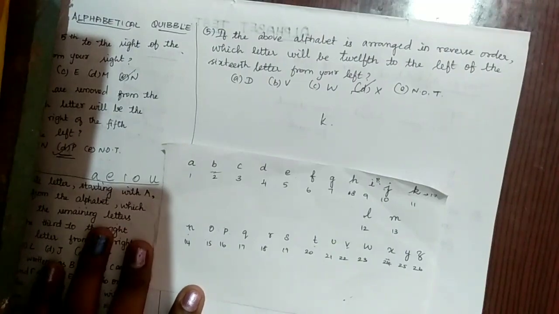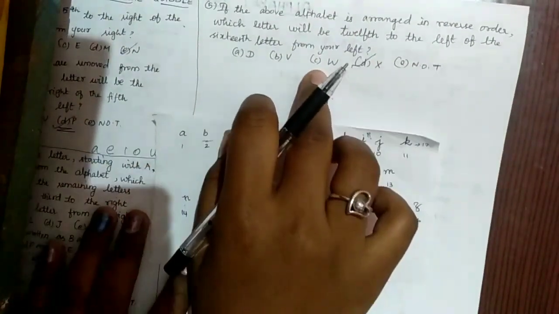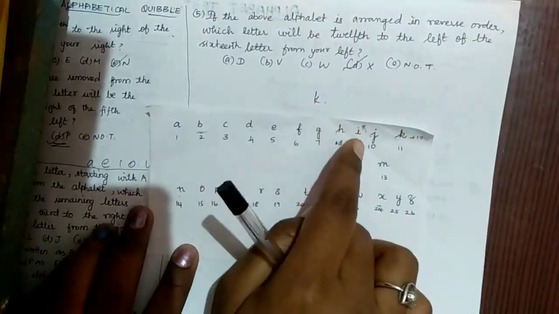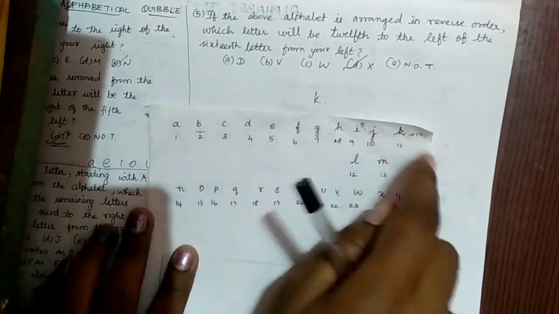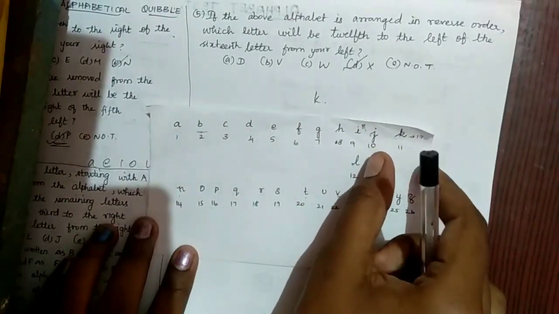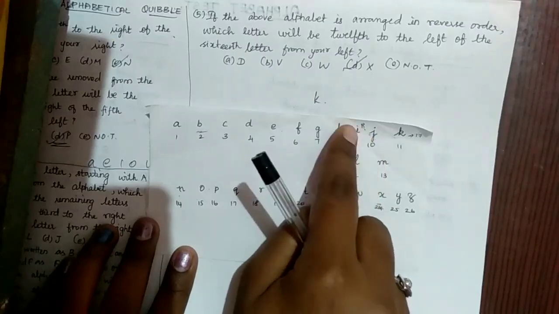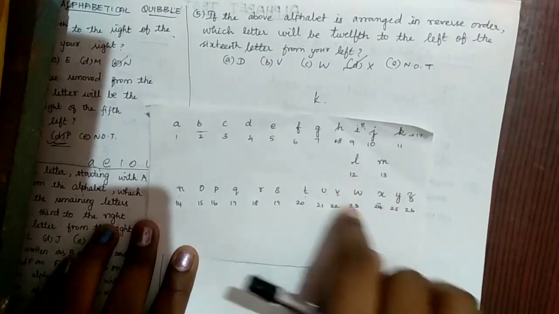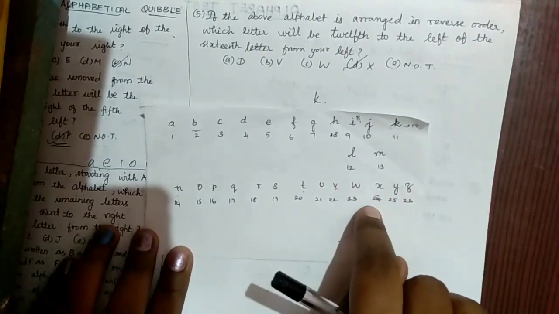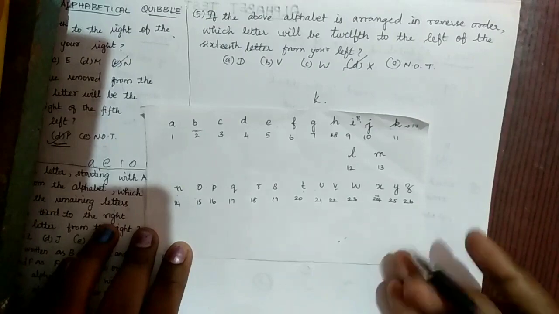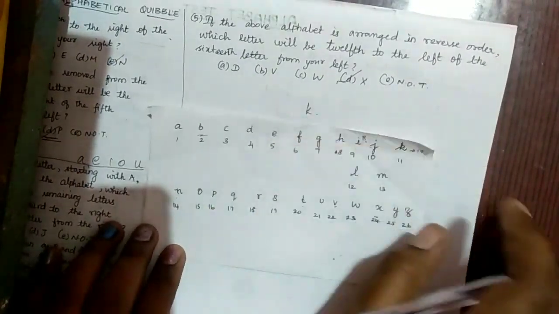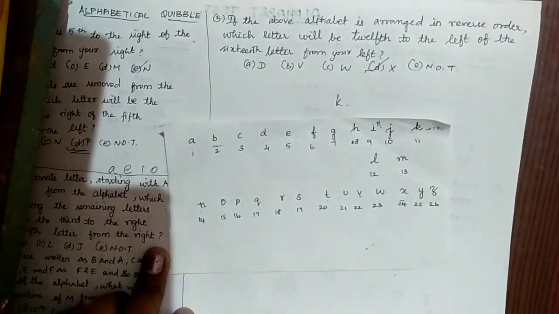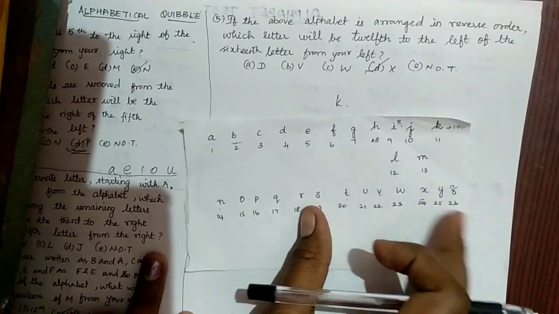In some books they have given the answer as C, but according to the concept, you think by yourself. While we are counting in the reverse order, 12th to the left of the 17th letter, can you see what the 12th letter is? 1, 2, 3, 4, 5, 6, 7, 8, 9, 10, 11 and 12. So which will be the answer? This will be X, right? Then how will W come? In some books it is given as W, so please refer to the answers. Make sure you are thorough with your concepts and do not get confused by some books, okay?